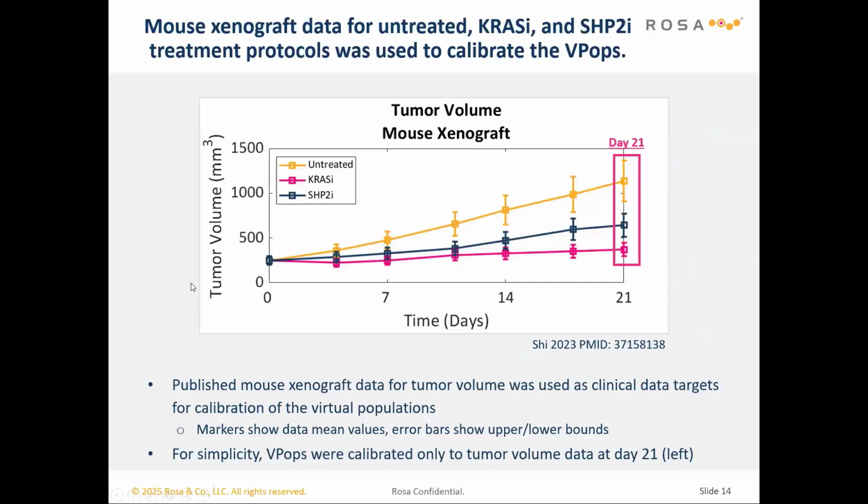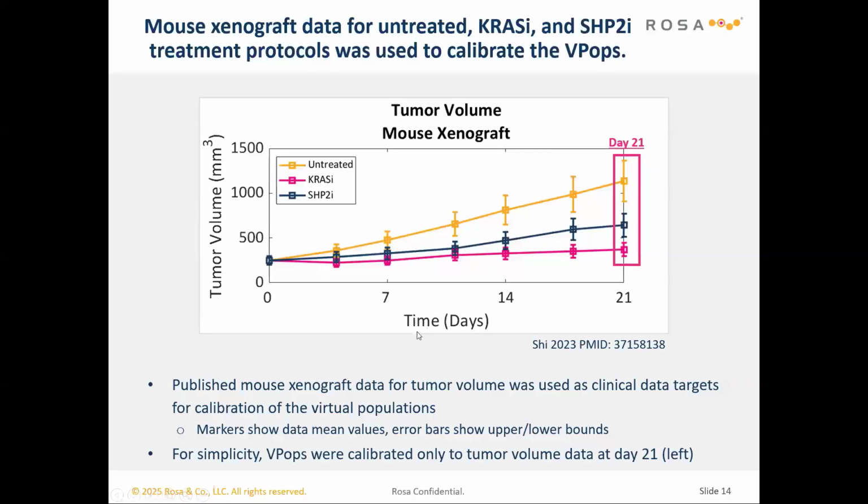Published mouse xenograft data for tumor volume was used for the clinical data targets, and data was available for the untreated case, KRAS inhibition, and SHP2 inhibition. The data means and upper and lower bounds are shown for all time points measured in the dataset in the figure. To reduce the number of constraints in the virtual population simulations, the populations were calibrated only to tumor volume data at day 21, as the time trajectories were found to follow expected trends in data even when additional time constraints were